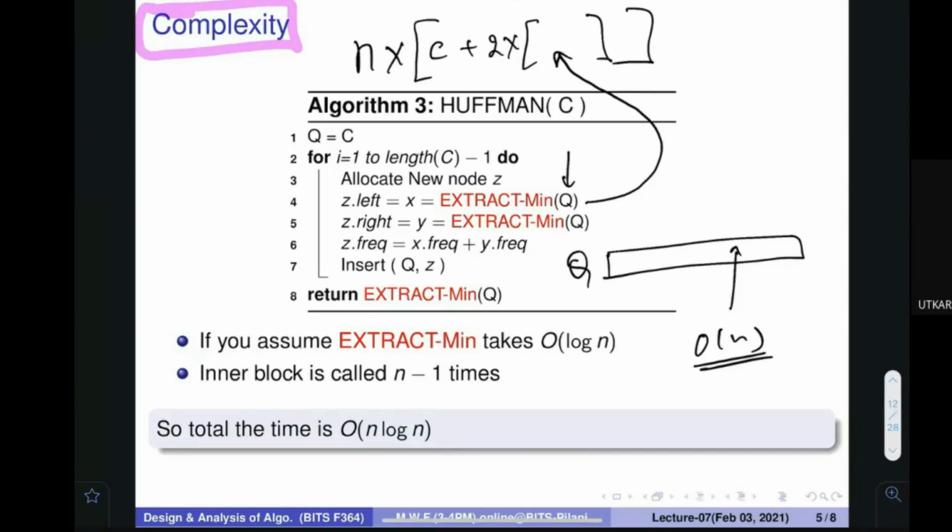Since the items are stored as structures, you can create a kind of heap, maybe a priority heap, where the ordering is always there. Then it would be a better algorithm, and this time you can reduce. How much would it be now? Order of log n. In log n time you can perform the operation.